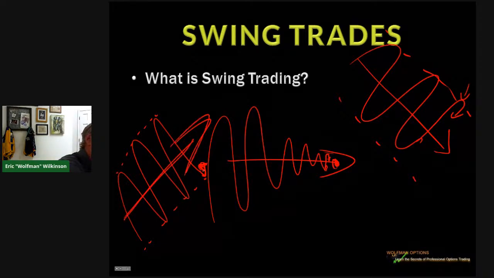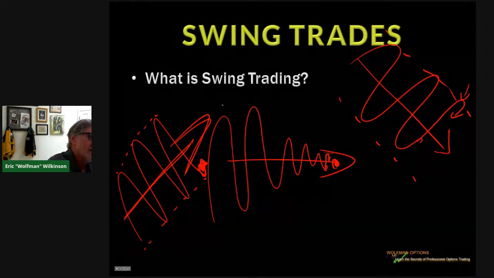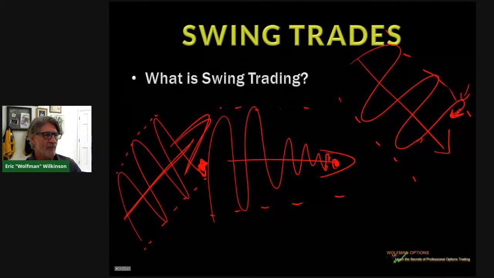So in the last ones, let me just review real quick. We talked about the bullish trades that we can take advantage of on a bullish pattern. This is ultimately what you're trying to do: note where resistance and support are for these and the pattern within that move. So you have to first go out and find, like I said,